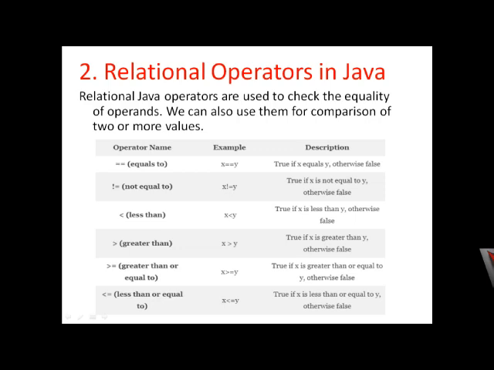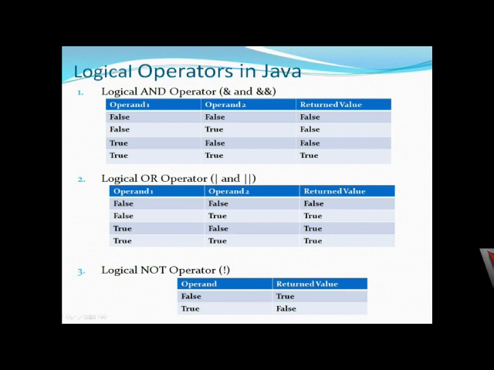We know true and false is actually a Boolean value. The next one is exclamation mark equal to, which means not equal to. The values should not be the same. So if x not equal to y, and the values are not the same, I am returning true. If the values are the same, I am giving the result as false. Apart from that, there are some common operators we have used, like less than, greater than, less than equal to, greater than equal to.